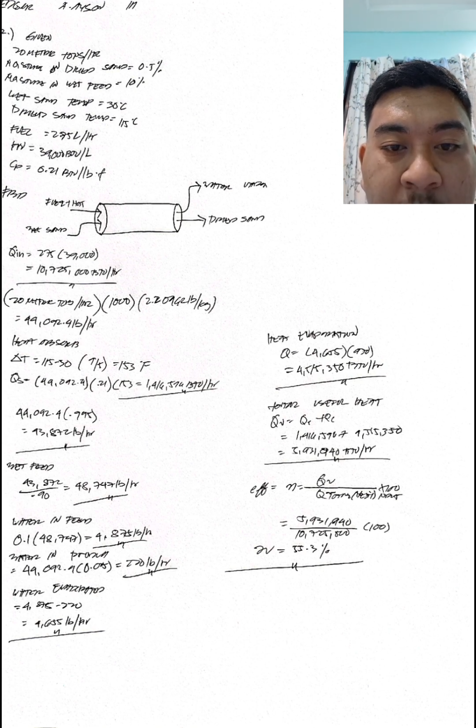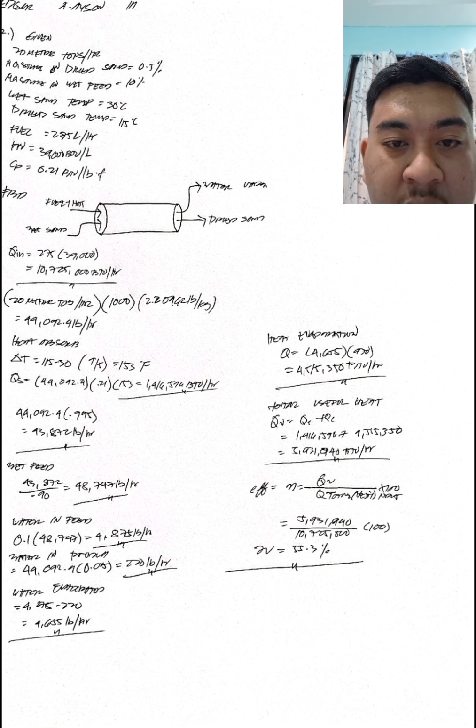1,416,596 BTU per hour. So the dry solids in the final product are 44,092.4 multiplied by 0.995, which is equal to 43,872 pounds per hour. So the wet feed becomes 43,872 divided by 0.90, which is equal to 48,747 pounds per hour. So the water entering is 10% of